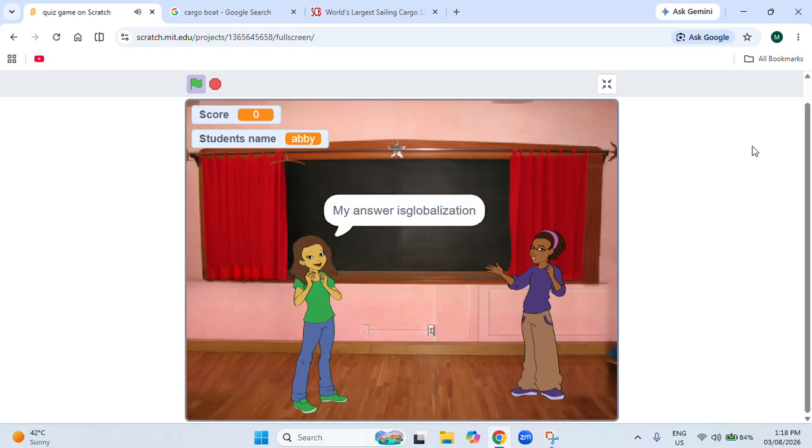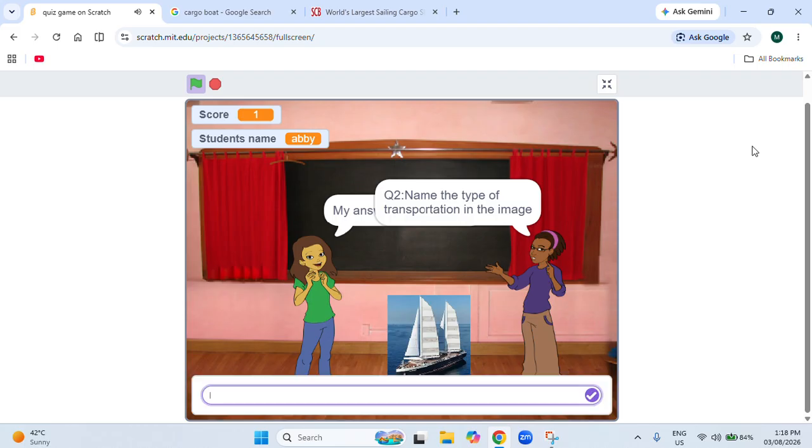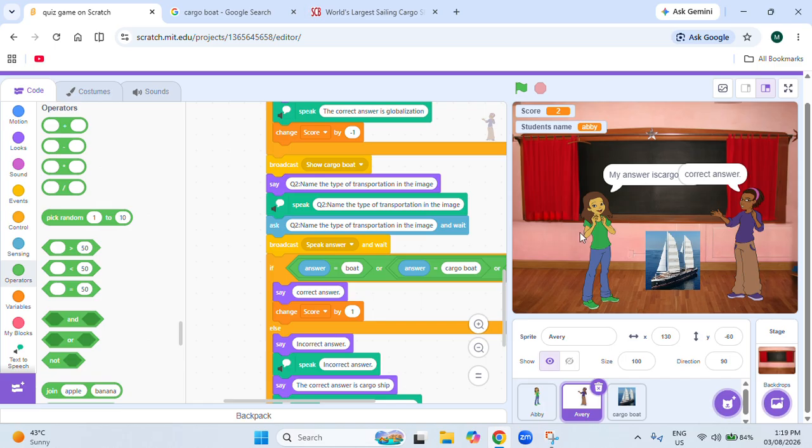My answer is globalization. Q2: name the type of transportation in the image. Alright, cargo boat. My answer: ice cargo boat. Correct answer. You can put more of them speeches. You can put it like different speeches. So now let's